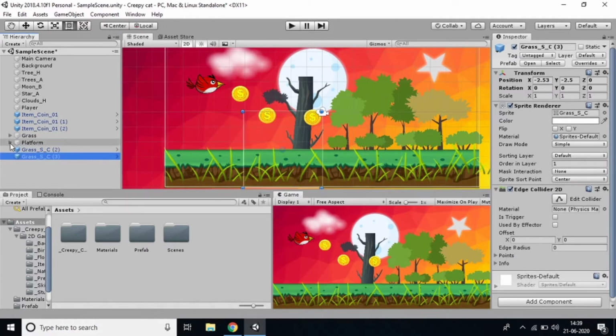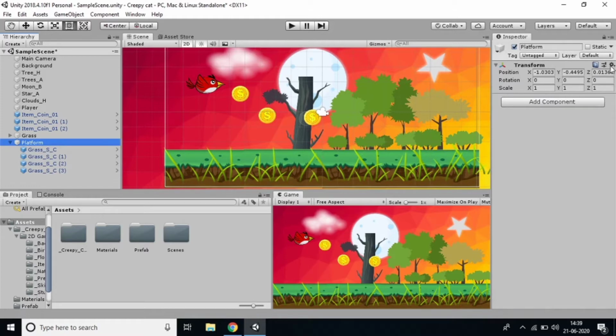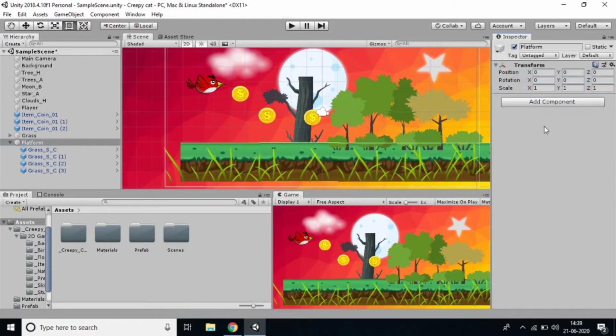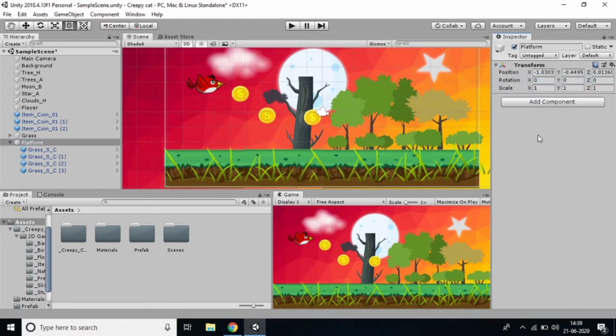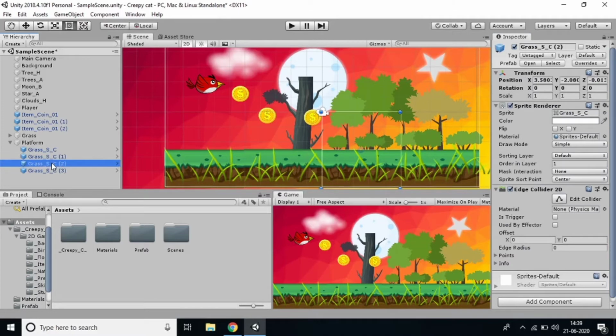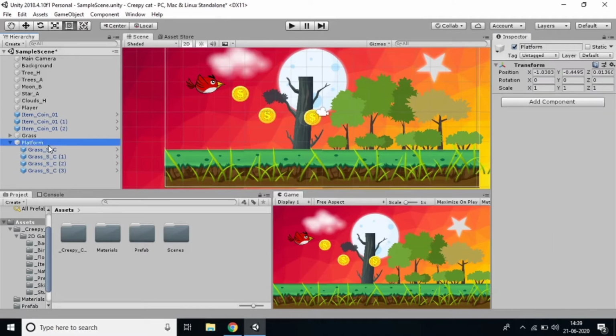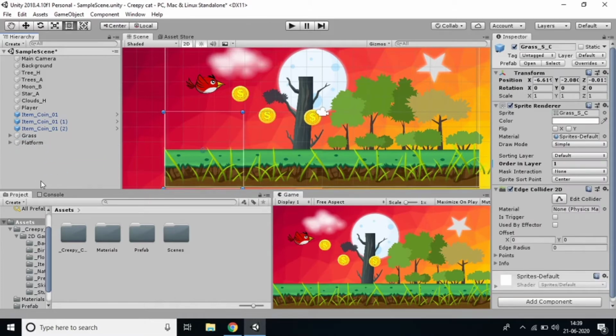So you can find, I think these are all not children. So you can see the platform, the empty object is 0 0. You can see this is the empty object. Otherwise you can keep it here. So in this empty object every sprite is there. This is the empty object we created. In that, this is the parent and we can call these the children. You can see it's very clear.